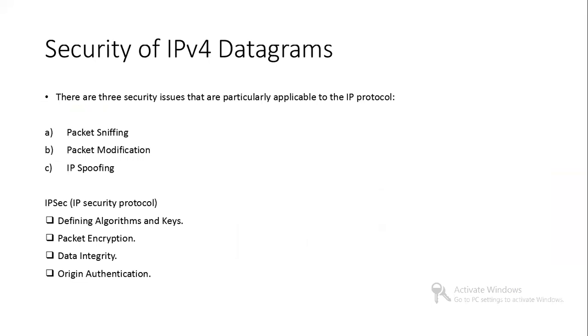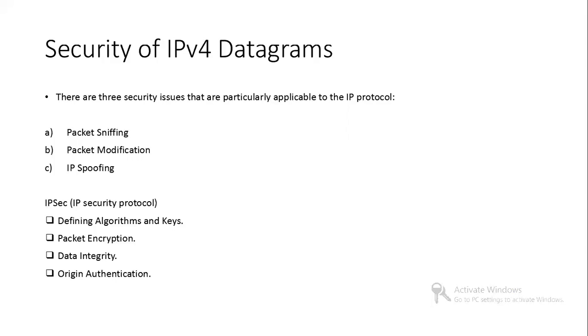There are three security issues that are particularly applicable to the IP protocol. First one is packet sniffing, then packet modification, and IP spoofing. So what do you mean by packet sniffing? An intruder may intercept an IP packet and make a copy of it. Packet sniffing is a passive attack in which the attacker does not change the content of the packet. This type of attack is very difficult to detect